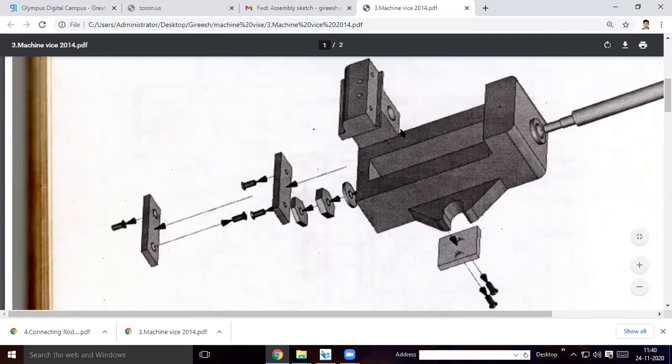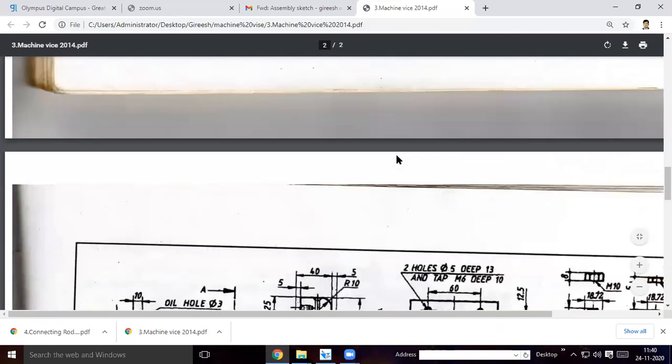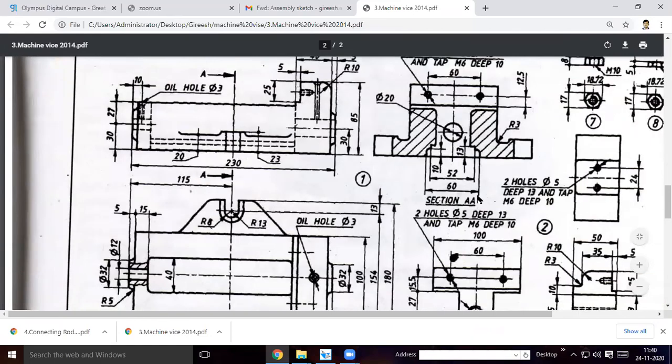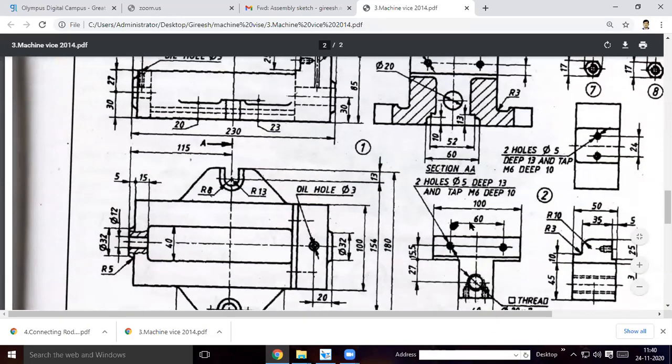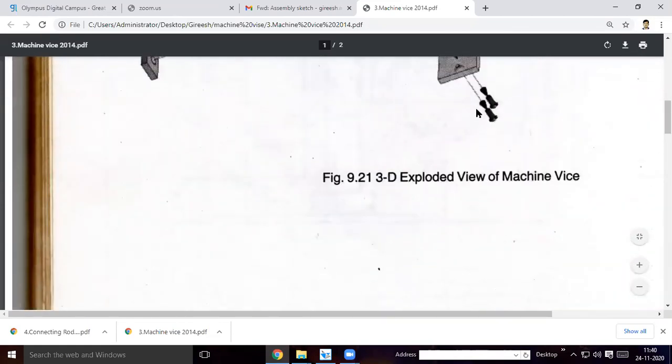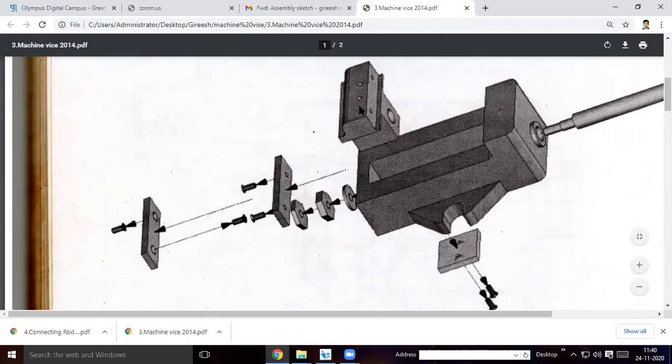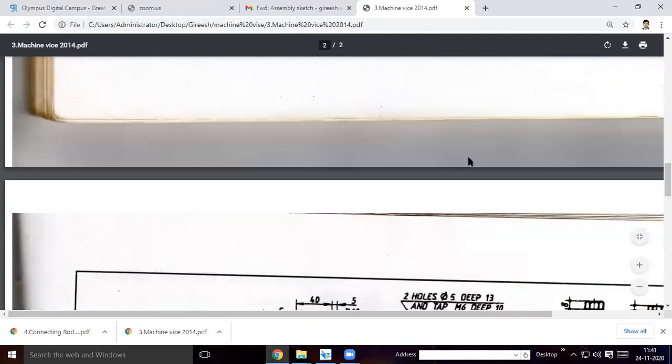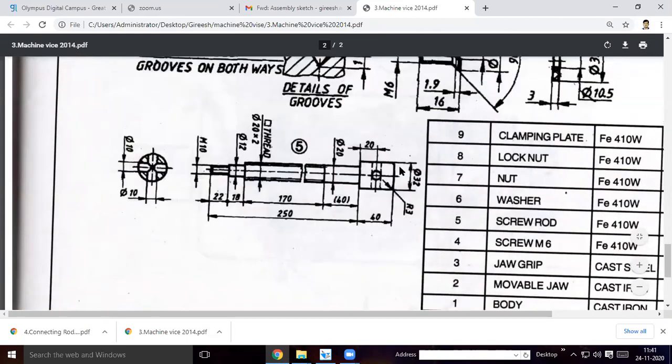Bottom surface also you have to provide a screw, and also you have to provide a threaded hole here, so that once you rotate this spindle, this bar will move away from the fixed jaw or come near to the fixed jaw. Okay, that we will do in the next class.